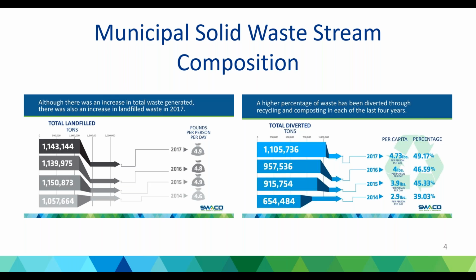We've done a good job. We've made a lot of progress over the years, and in fact, we are now at over 50% recycling rate. Right around that 49 to 50% recycling. It's higher than the state average. It's higher than the national average. It's over 1 million tons a year that are diverted through these recycling and composting programs. So it's really very encouraging, and we're very proud of it.